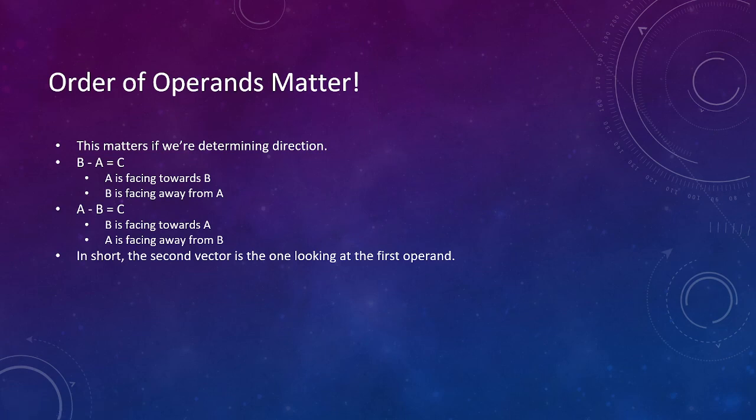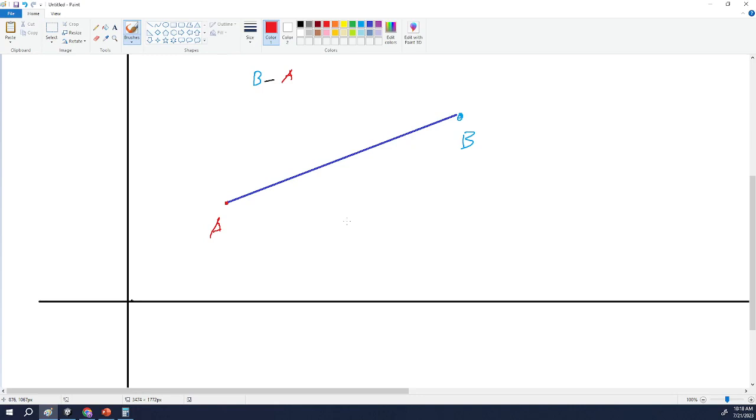Now, this one, important. The order matters. So, kapag B minus A is equal to C, A is facing towards B and B is facing away from A. Kapag A minus B is equal to C naman, B is facing towards A and A is facing away from B. So, if I do B minus A,